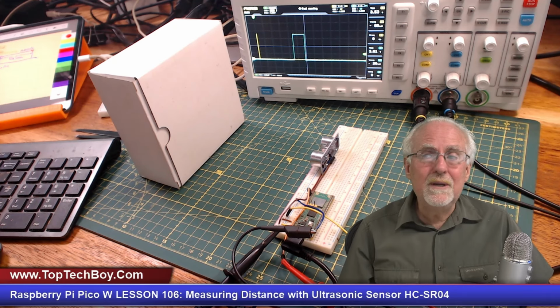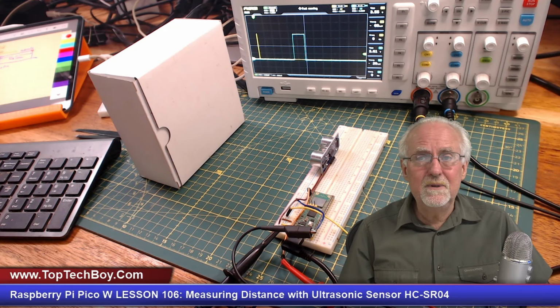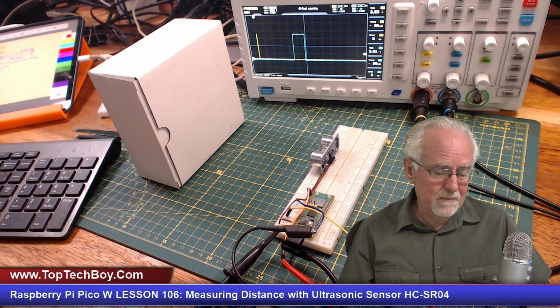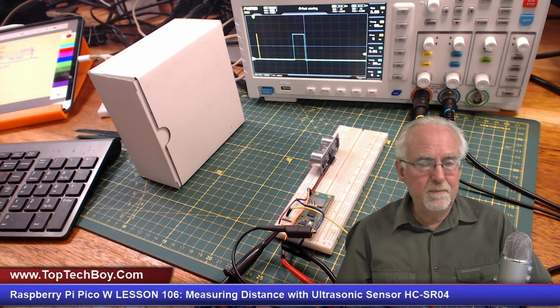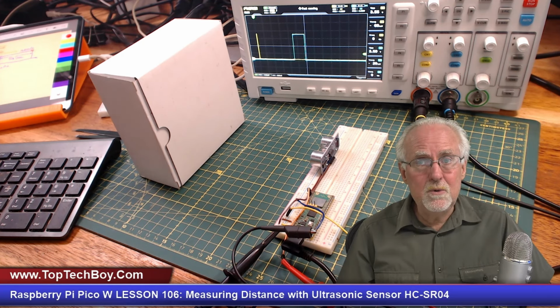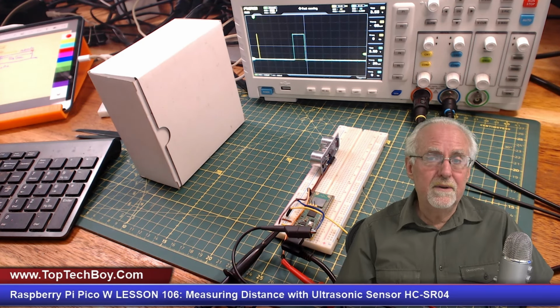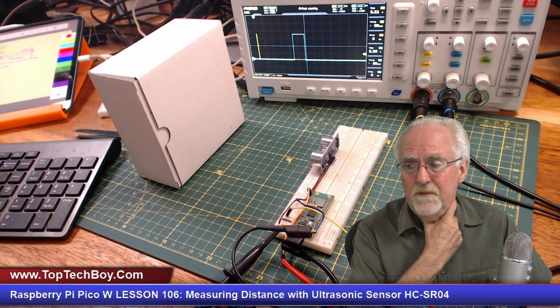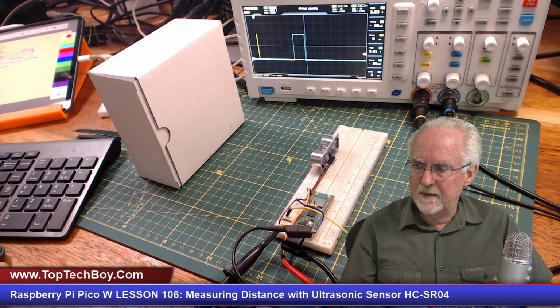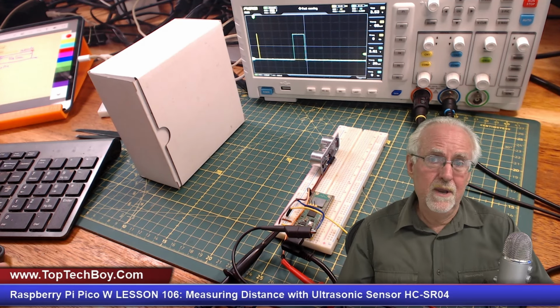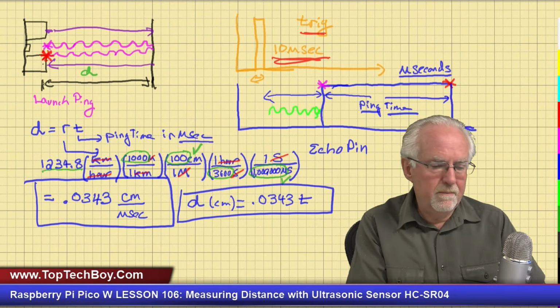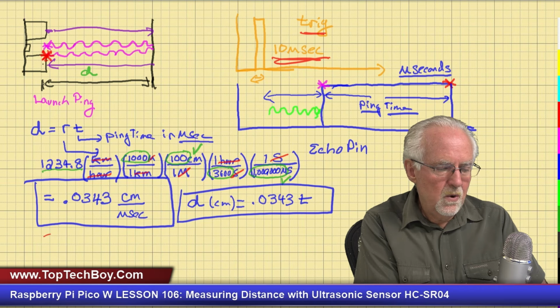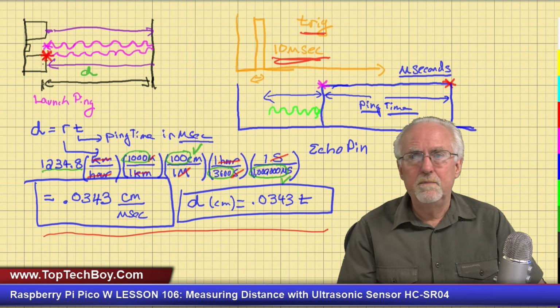So I've shown you a way to do it poorly here. I've shown you a way to do it poorly as a demonstration. But if you were really going to be doing this, how would you want to do it? You would want to do it with the state machines. So we've kind of learned two very important things here today. Well, we've learned about echolocation, but one very important thing that we learned is we got another example of dimensional